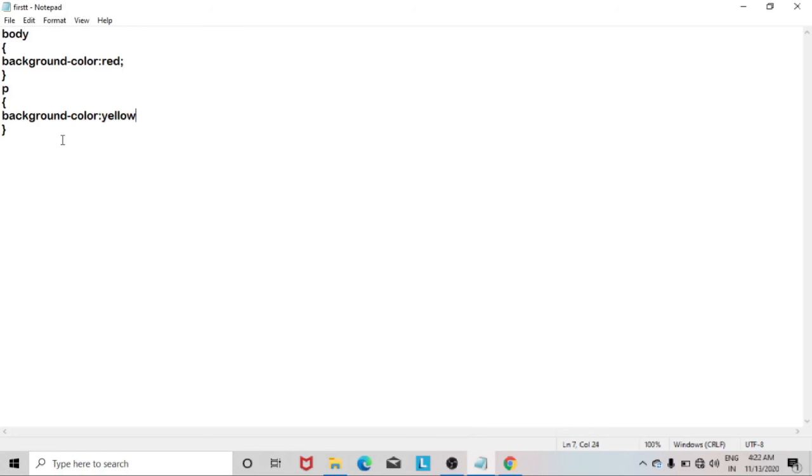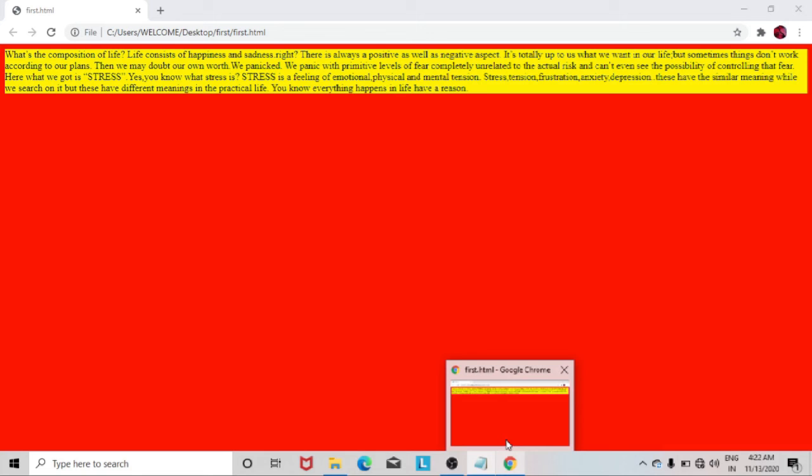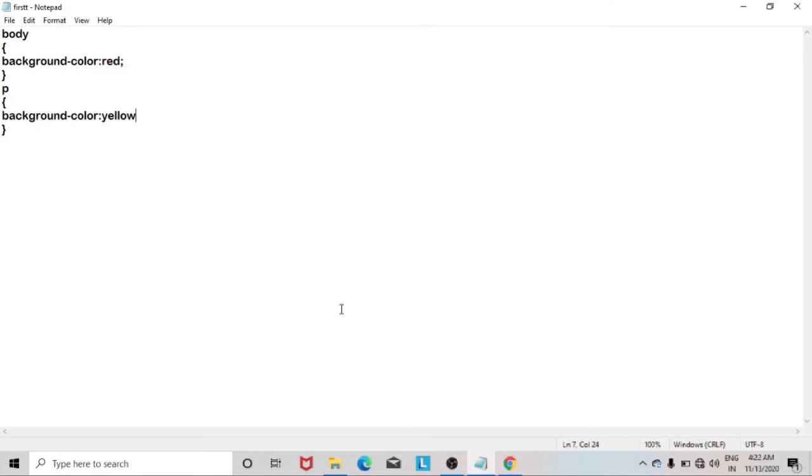So the matter is that whenever you create an HTML file and link it to this CSS file, you will get the change in every HTML file. So you can create only one CSS file and write all the changes in it. Suppose you write to change the body tag, p tag, heading tag, anchor tag, and every tag that you have learned. All the changes will be implemented in the HTML files that you link with this CSS file. So in this video you have just learned about internal CSS, external CSS, and something like that.